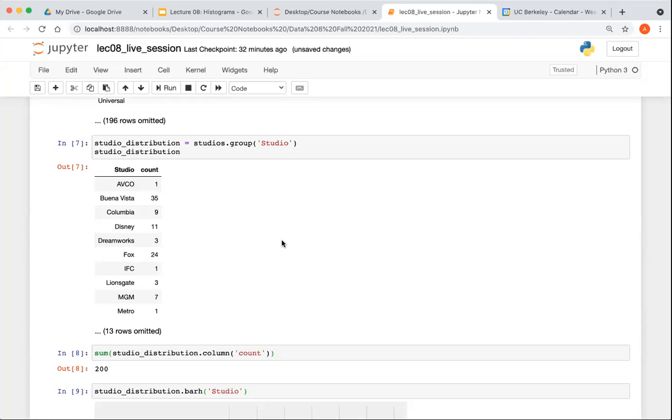Okay, so run on your question, doesn't it need to sum to 100 to be a distribution? The percents have to sum to 100. These are the counts. This is the number of movies. The total number of movies is 200. If you converted everything to a percent, you would get 100%.